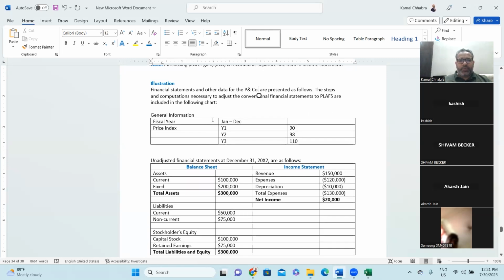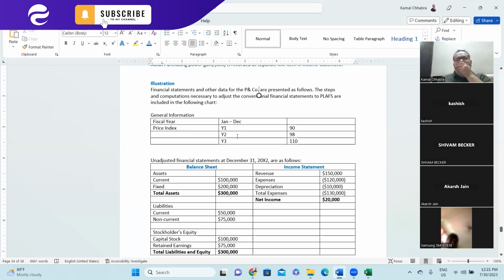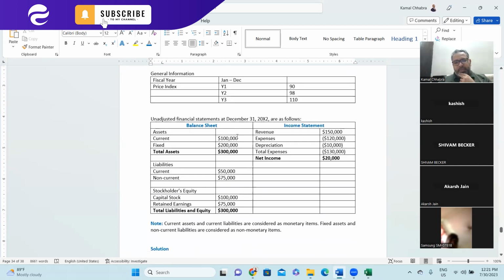So the general information given to you is that the fiscal year is January to December. The price index for year 1, year 2, and year 3 is 90, 98, and 110. So the unadjusted financial statement of year 2